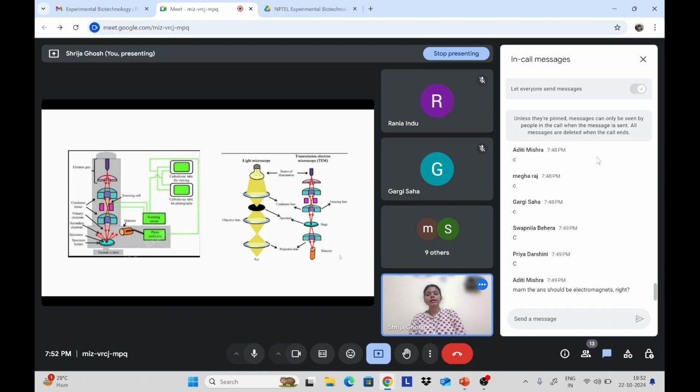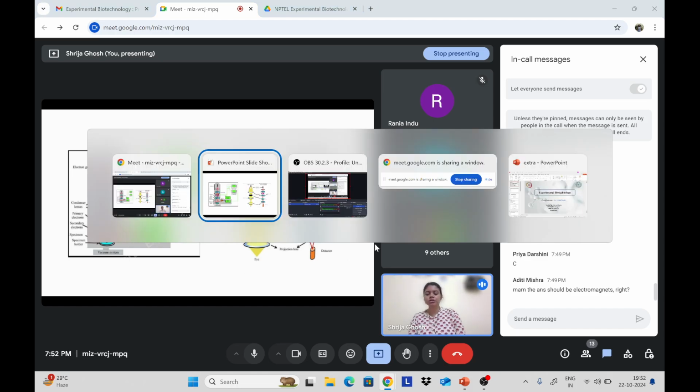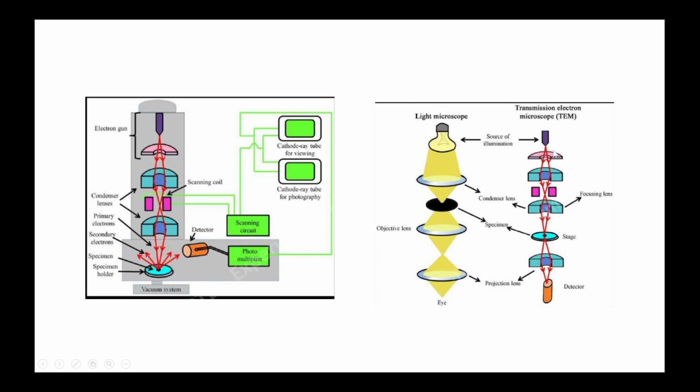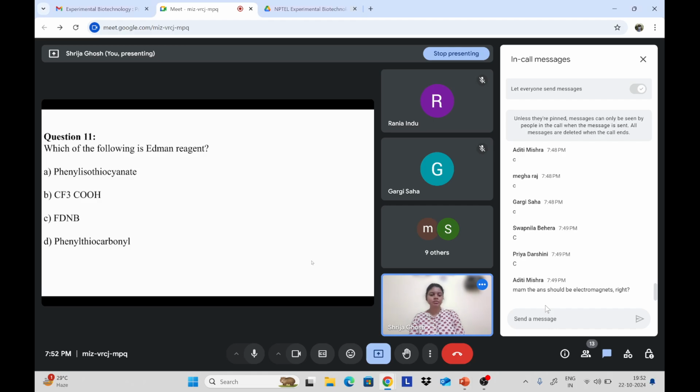Okay, so this is the diagram for scanning electron microscope, and here we have the transmission electron microscope. The difference between both of them is, in scanning electron microscopes we have the electrons deflecting back from the specimen, whereas in transmission the electron beams transmit through the specimen and reach the detector that is present below. Okay,